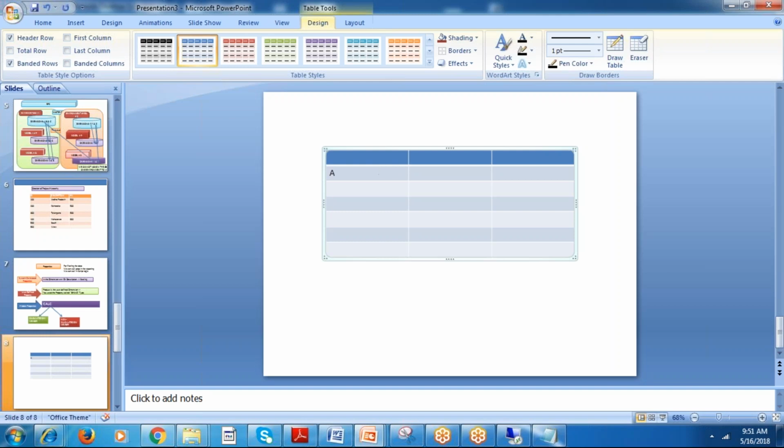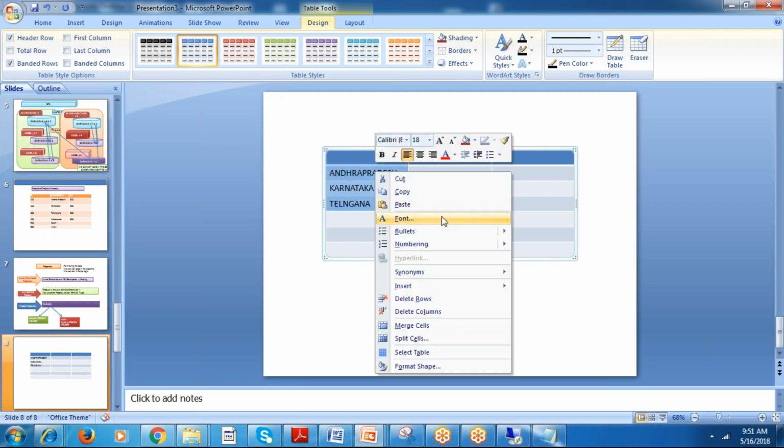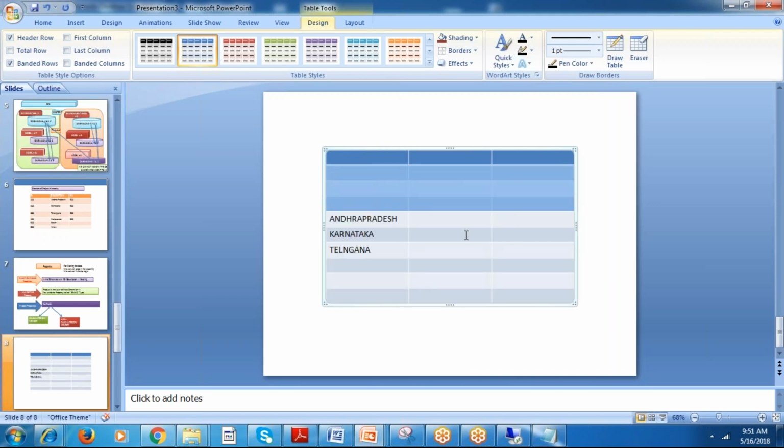Andhra Pradesh. This is an account. Product is the dimension, right? I have members like Karnataka, Telangana. There are three members under the one dimension. One parent member. Insert above the row.